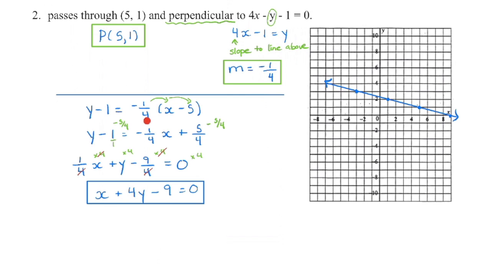We're going to distribute in to get rid of the brackets, and then we're going to look at our x term. So this is a -1/4, so the x needs to come over here, making it positive 1/4. The y is not moving, and then I'm going to subtract 5/4 from the other term over here, its like term. Now, when we do this, remember we need a common denominator, so the common denominator would be 4/4. -4 minus 5 is -9. The denominator stays the same when you subtract fractions. Now, x is positive. We're going to eliminate the denominators, and we have general form.